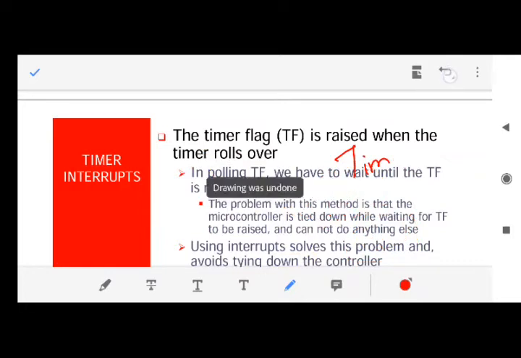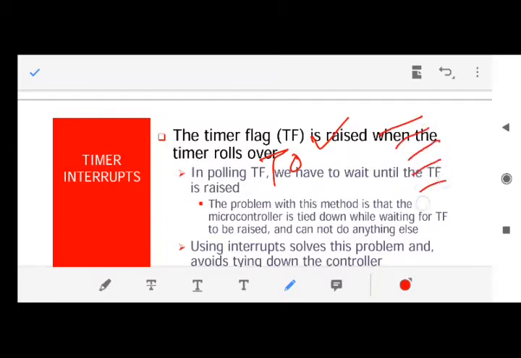Fine. For example, you have started your timer, you have given some value to the timer 0 and it has started counting. Fine. Meanwhile you are executing your program. Now at any step during the program, the counting of the timer may get completed. Whenever the counting of the timer is completed, you have set a flag, that is TF0. It became 1.